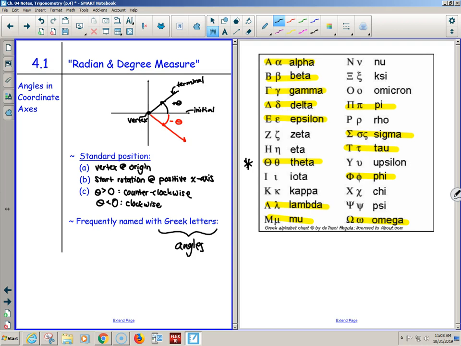Vertex at the origin. We should have done those. Standard position, the angle's vertex is always put at the origin. In physics, the XY axes can be drawn in a million different places in a picture, but for some sort of XY axis, the vertex is where we start measuring angles from. That's the origin. Positive rotation is a counterclockwise rotation, starting at the positive x-axis, going either up or down.